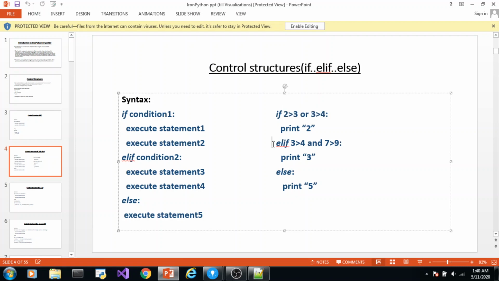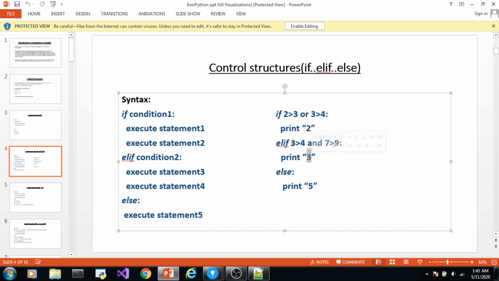Now, if we want something else to be printed when this condition evaluates to false, we need to give else. And if there are multiple conditions to be tested against, we need to give multiple elifs. So if this condition is false, check for this condition. If this condition is true, 3 will be printed.